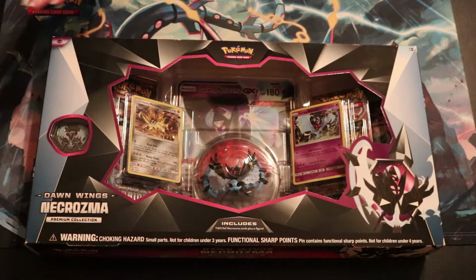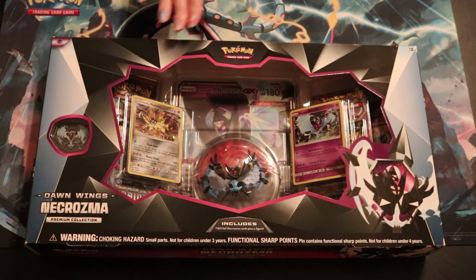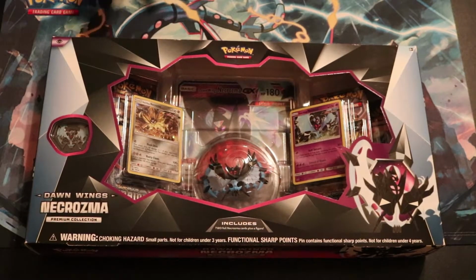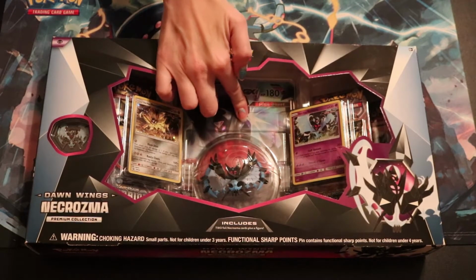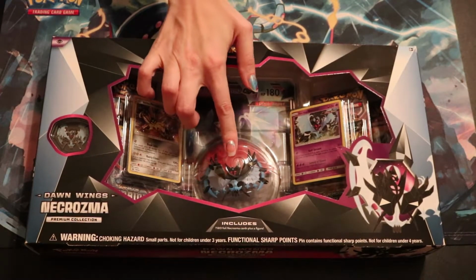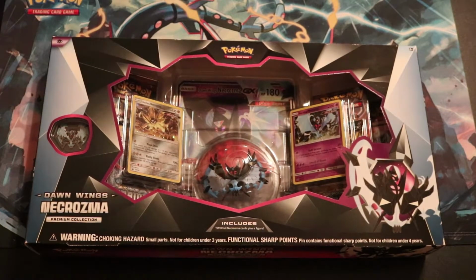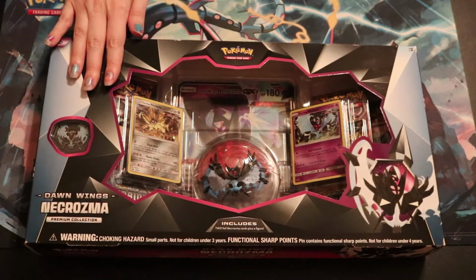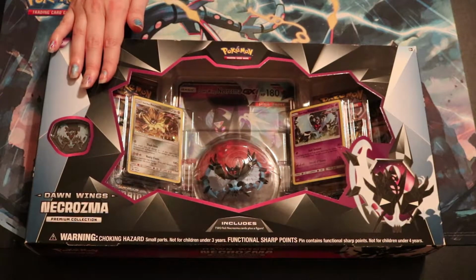A step up from the trainer box is the premium collection sets. These sell anywhere from $20 to $40 depending on what's in them. This one we have 5 booster packs, and then it has this big promotional card in the back. It has a figurine, it has a pin, and it also has these 2 promotional cards. And these are for a child that is collecting, or if they like to play the game and they already have their decks. Basically any kid that likes Pokemon, this would be